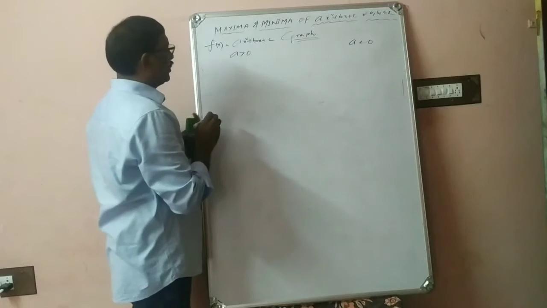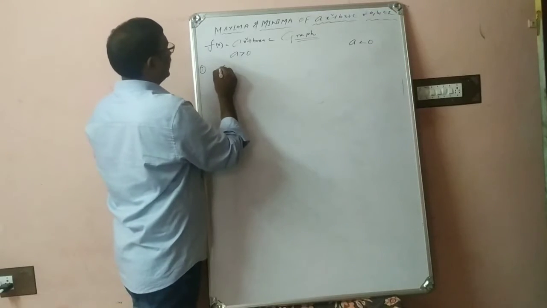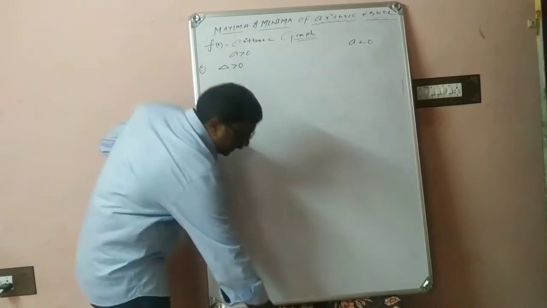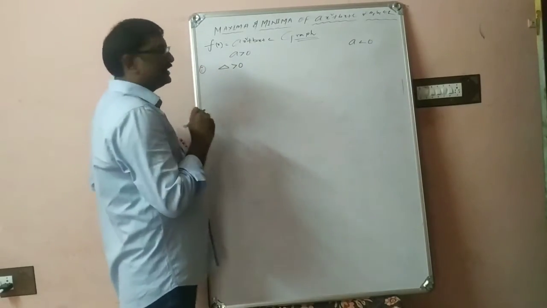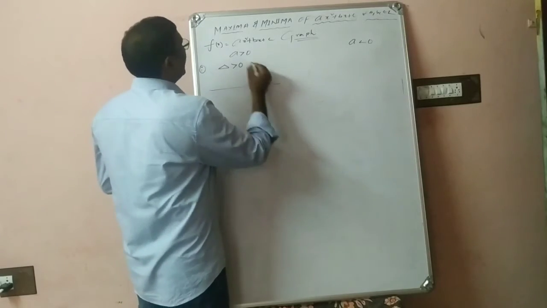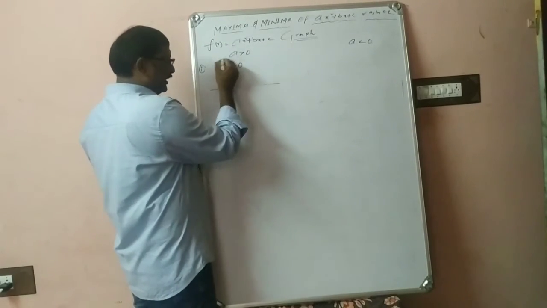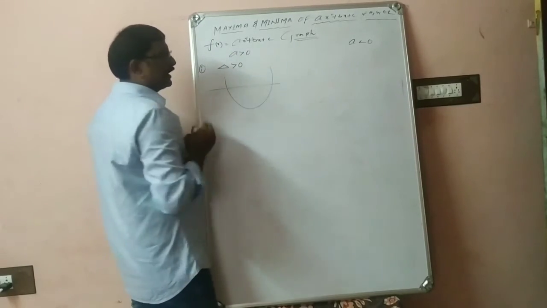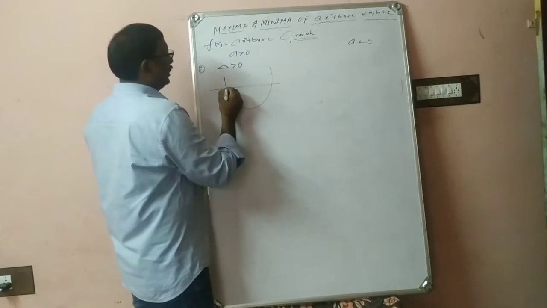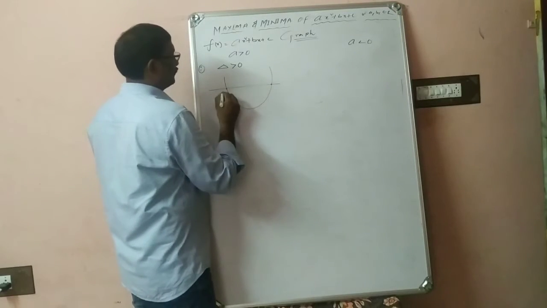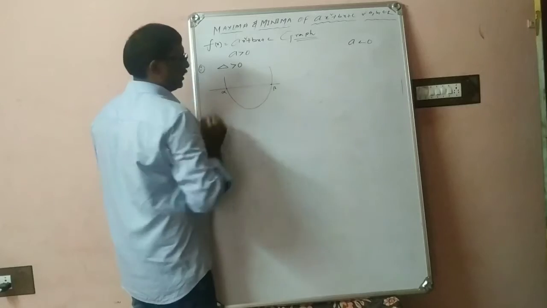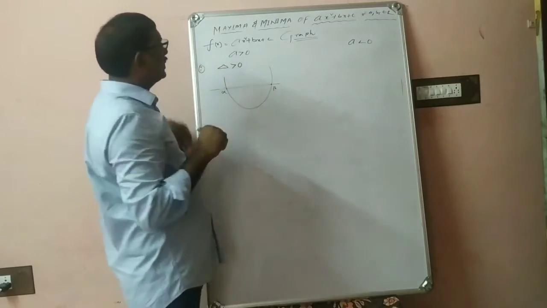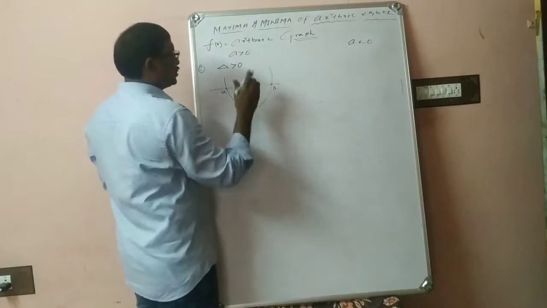In the case of a positive, I am considering first the nature of the roots. Delta is greater than 0. When delta is greater than 0, the roots are real and distinct. So a is positive, you will get an upward parabola, and delta is positive, you will get two distinct roots. So that upward parabola will intersect the real number line in two distinct points, alpha and beta. In this case, a is positive, so you will get a minimum.